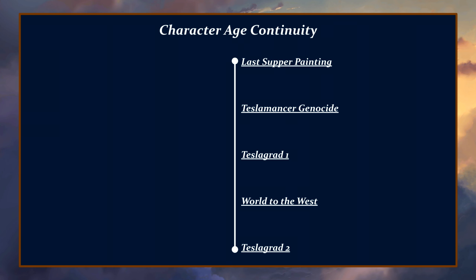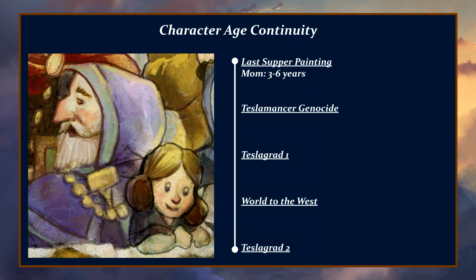The next thing I want to talk about is the passage of time and the continuity of characters' ages. The timeline we have come up with spans a few generations, and the artwork has done a great job of portraying the characters at different ages along the way, so these clues can help us hypothesize how many years passed between major events. Starting from the Last Supper painting, assumedly captured when Galvan and Eleanor were about to depart for Wormheim,